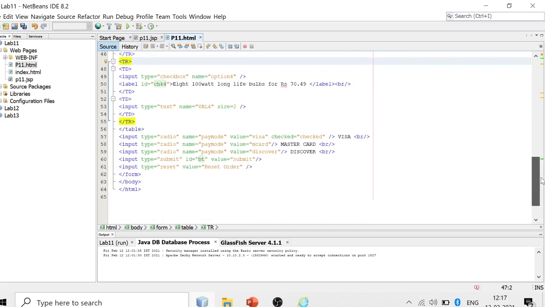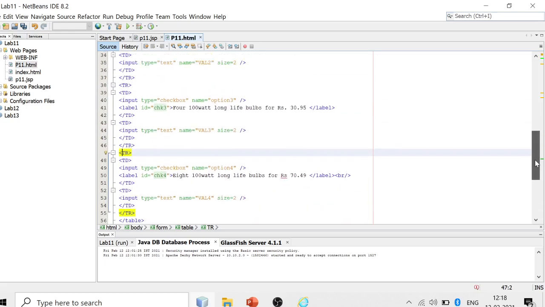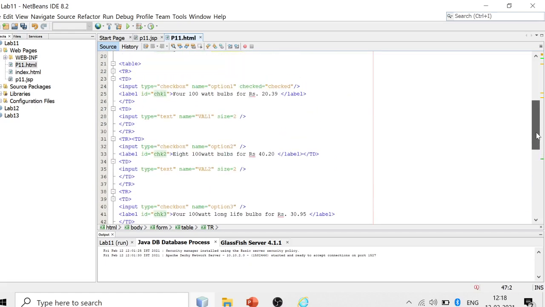Then we create 3 radio buttons with the name paymode, whose labels are Visa, MasterCard, and Discover. Once a user selects the checkboxes, enters the quantity for the item, and selects the payment mode, he clicks on the submit button. Once the submit button is clicked, it calls the Java Server Page.